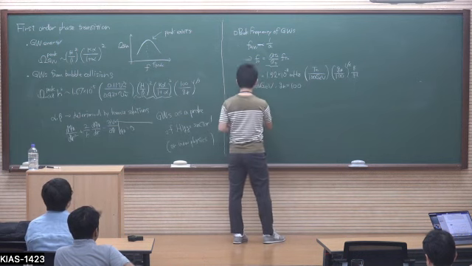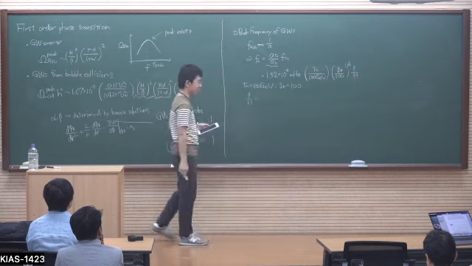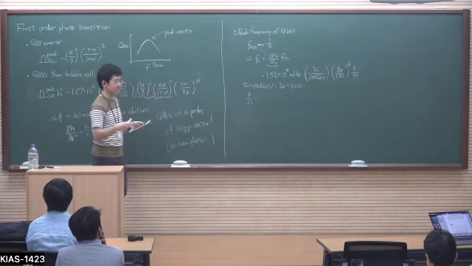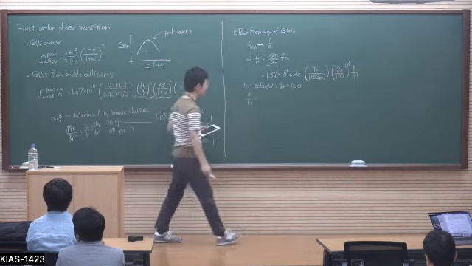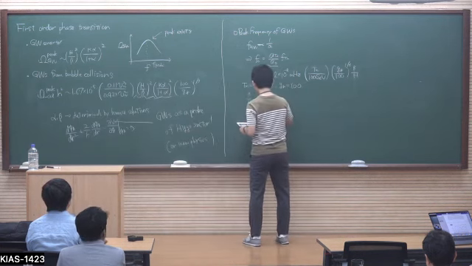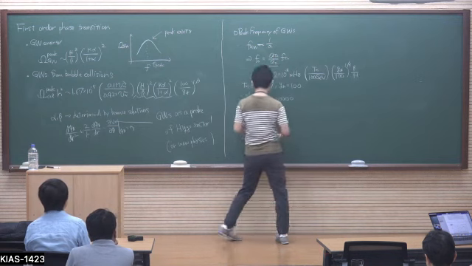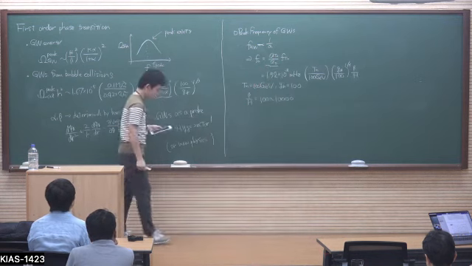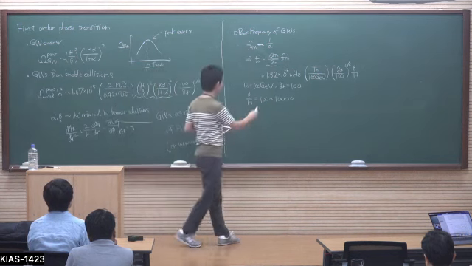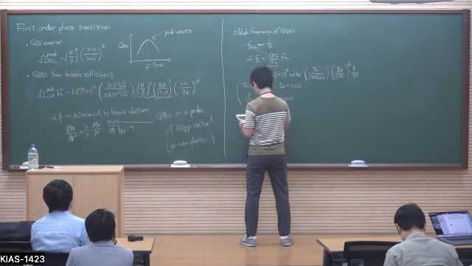And also, when you solve the bounce solution in several extended Higgs models, then beta over H is typically given by around 100 or 10,000. So by using this fact,